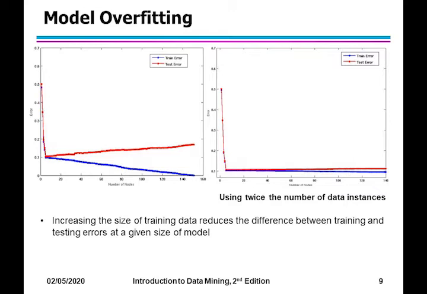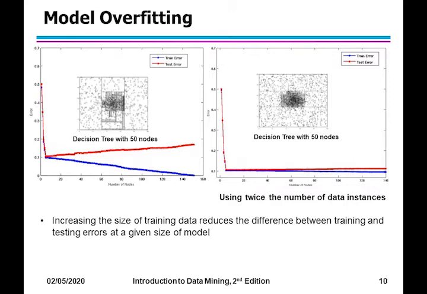오버피팅이 일어난 왼쪽 사례에서 트레이닝 데이터를 2배로 했을 경우 오른쪽 그래프처럼 트레이닝 에러와 테스트 에러가 근접하게 됩니다. 디시전 트리의 노드 개수가 50개인 경우 트레이닝 데이터의 개수가 적은 경우에는 왼쪽 그래프처럼 디시전 바운더리가 복잡한 구조를 갖지만 데이터 개수가 충분히 많은 경우에는 오른쪽 그래프처럼 디시전 바운더리가 잘 정리되어 있습니다. 그 결과 트레이닝 에러와 테스트 에러가 근접하게 되면서 오버피팅 문제가 사라지게 됩니다.